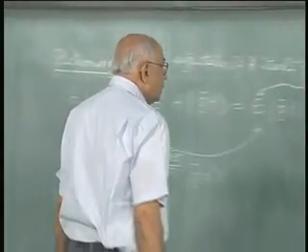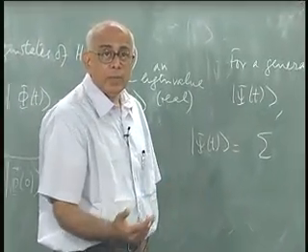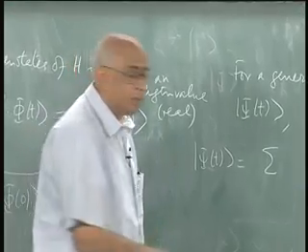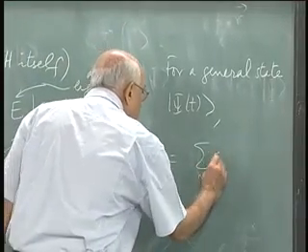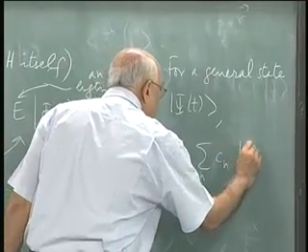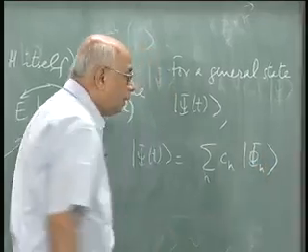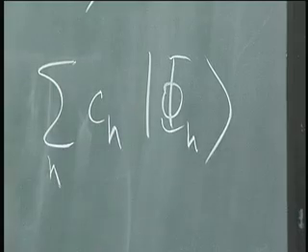and let us pretend for a minute that the eigenstates are labeled by some quantum number n. You may ask now, why should it be one quantum number, why should it be a positive integer or anything like that, just a set of quantum numbers. Let me use the index n for it, and we will see later on that this n could be a continuous variable, it could be more than one number, but symbolically if it is written in this form, C n phi n, where these are eigenstates of the Hamiltonian,